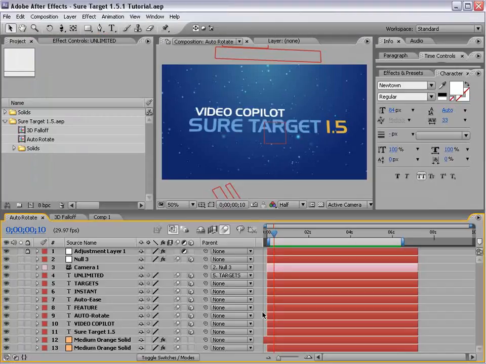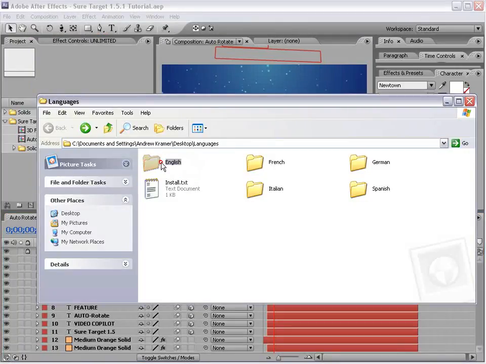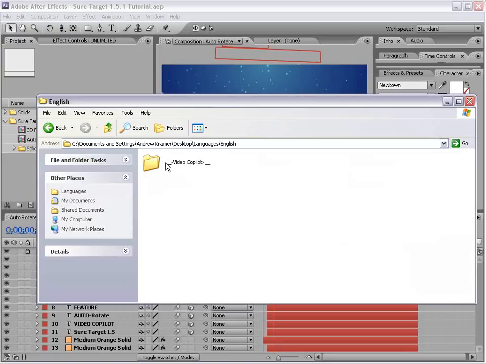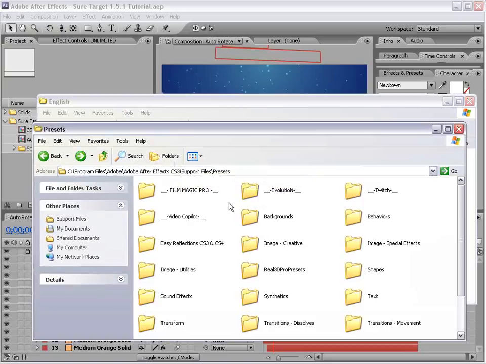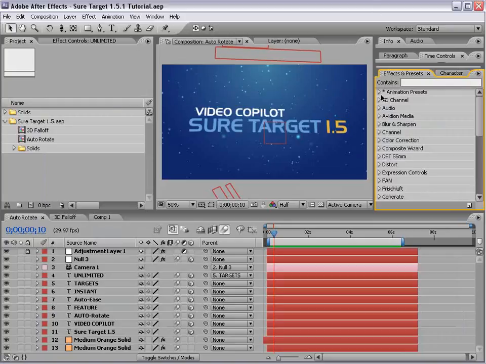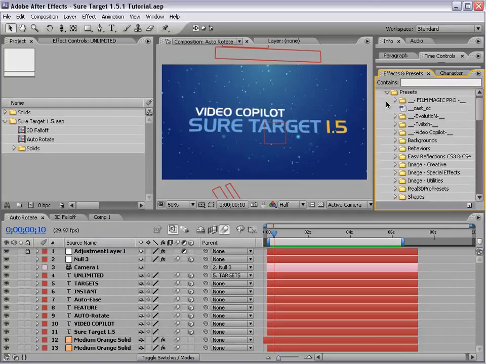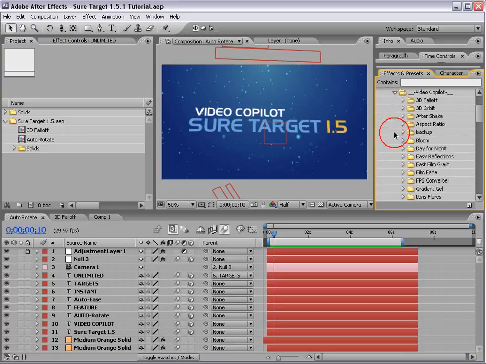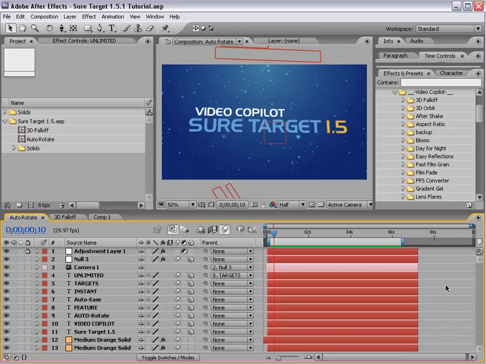So the first thing we did is we translated them into English, French, German, Italian, and Spanish versions of After Effects. So to install your version, just take the Video Copilot folder and copy it into your preset folder of your After Effects installation. They work with After Effects 7, CS3, and CS4. Now, once you get them installed, they'll show up in the animation preset section, and here we have Video Copilot, and there they are. We're going to take a look at the SureTarget 1.5.1 update,